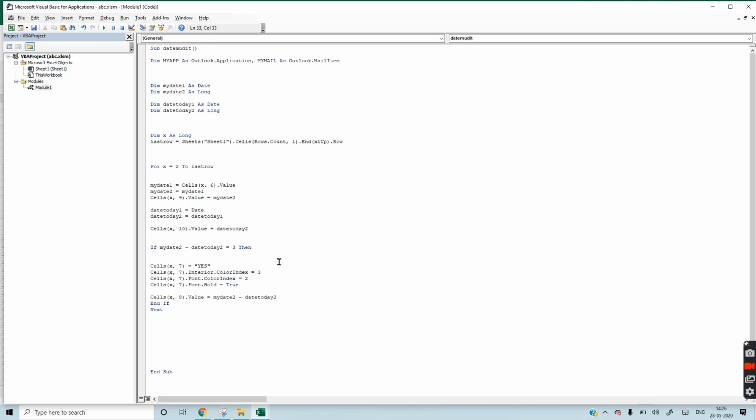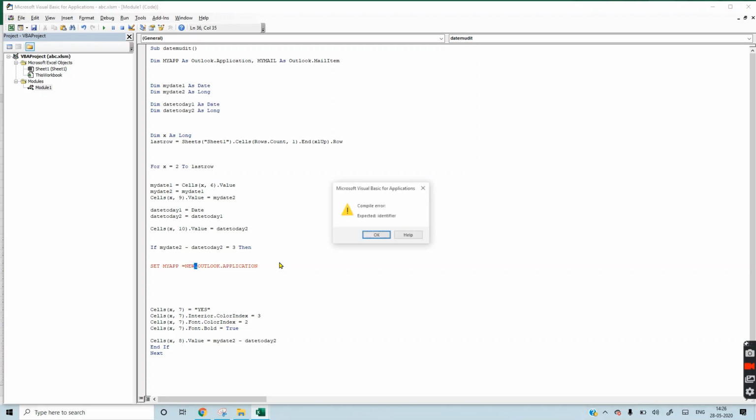Now what we want is that if date 2 minus date today is 3, then we want to send mail. So set it, and it will open a new Outlook application.